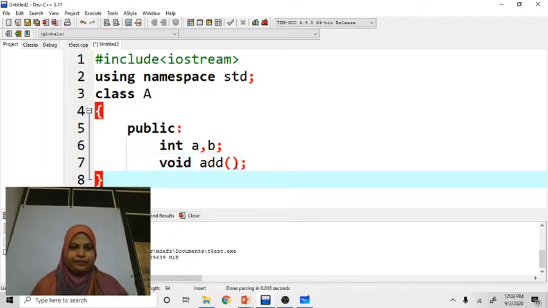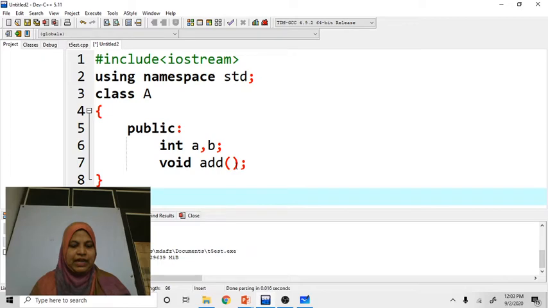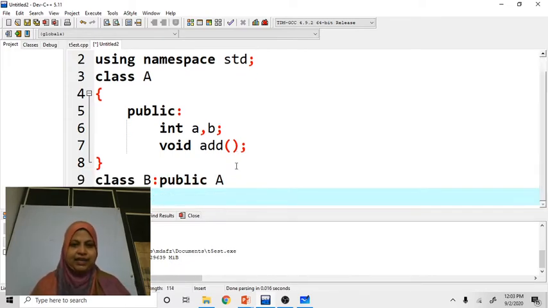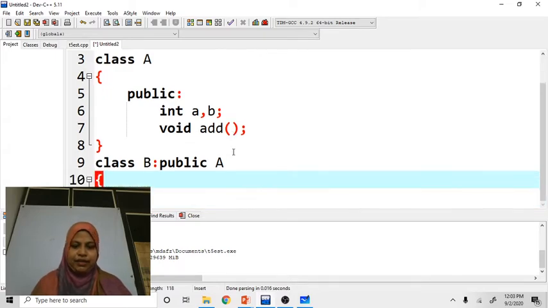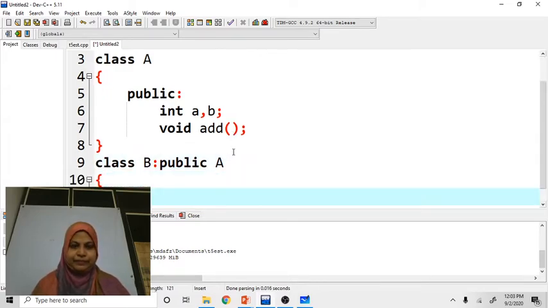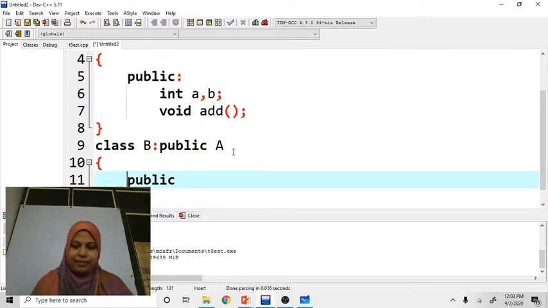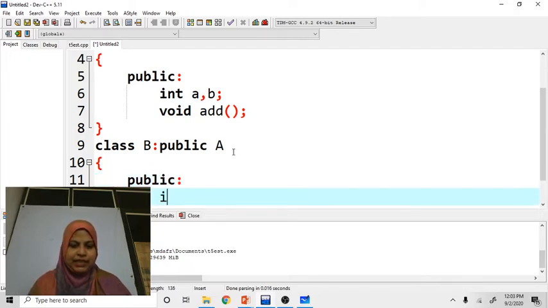Now I am going to define one class, class B. Class B is going to inherit class A, public A. Here I am going to declare, in public mode, public int c comma d.